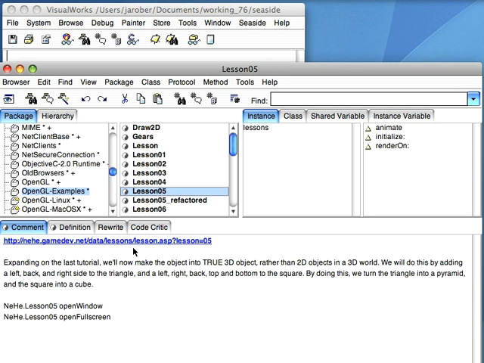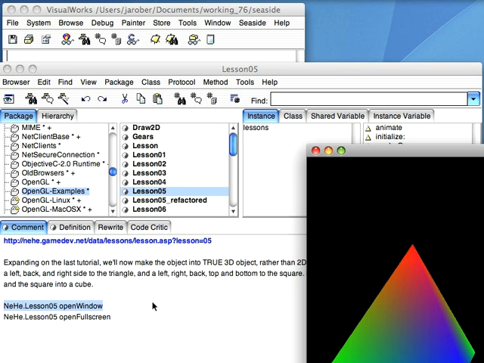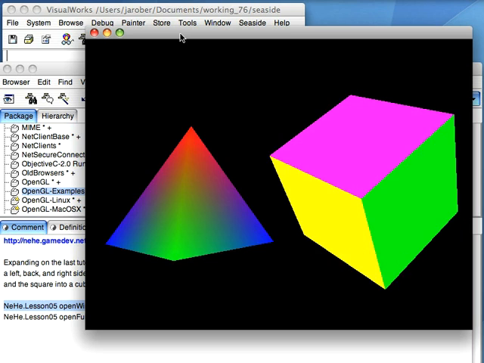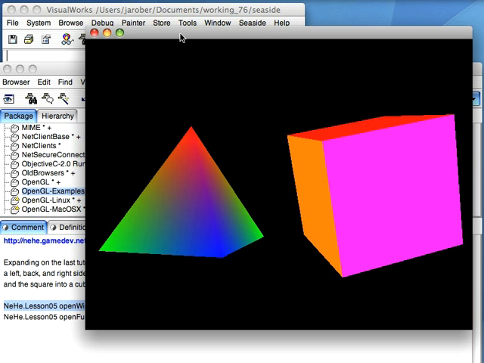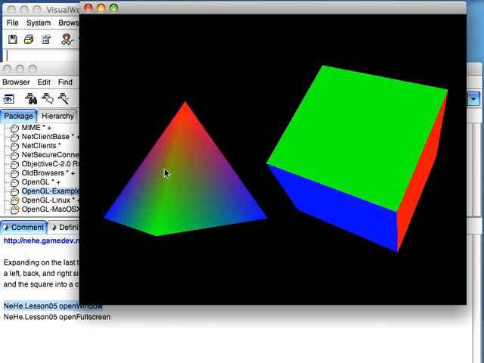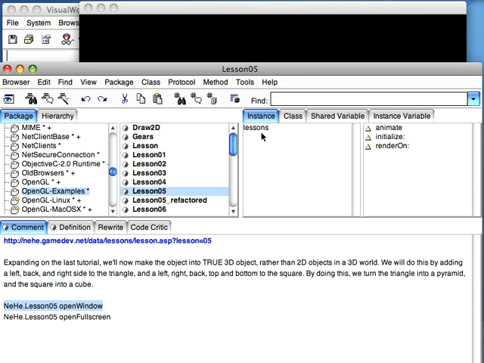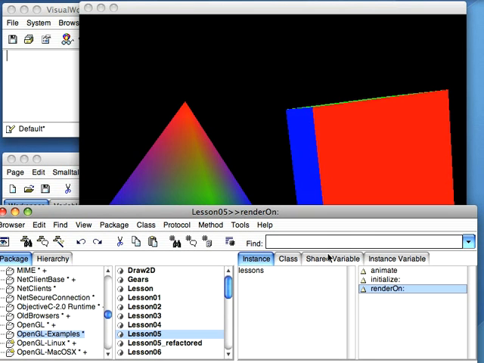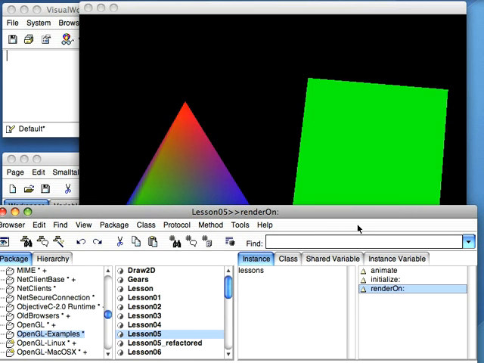So let me go to this lesson 5 and I will open a window, and what this is going to do is it's going to bring a little window like this up to the screen and just show some rotating cubes and a triangle. Not terribly impressive, but the interesting part about this is what happens when I start mucking around with it. So what I'm going to do is I'm going to come down to this method here